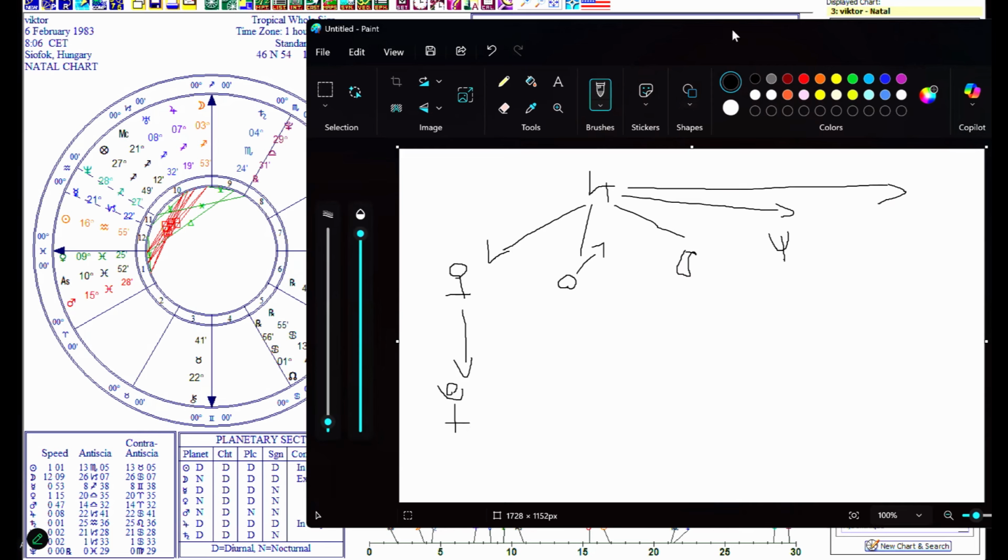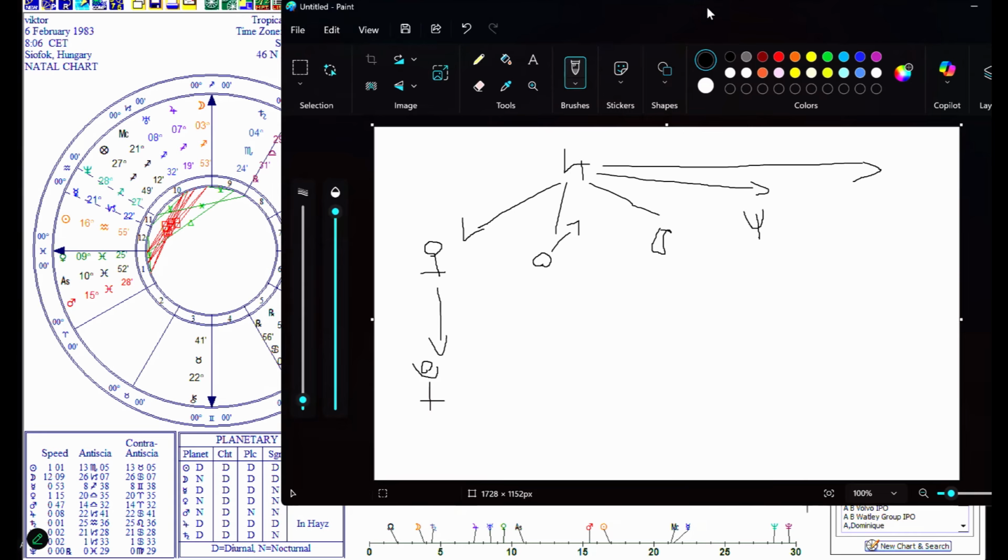By the way, I will be holding a webinar about this coming up in the first week of December, and I'm going to teach you how to read these together. Because you might see that Pluto is not in aspect to Venus, but actually they do belong together. So I want to hold a webinar about it so that you can understand your chart from a different perspective. But anyway, this is the dispositorship. And that's it. That's how you determine a dispositor chain.